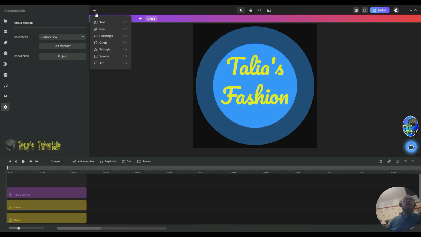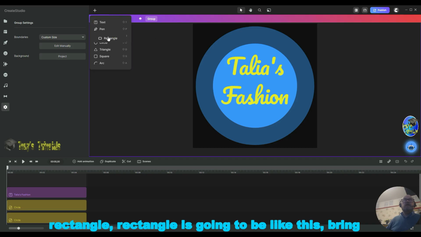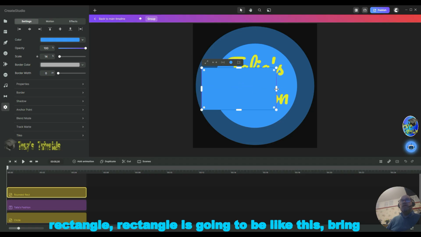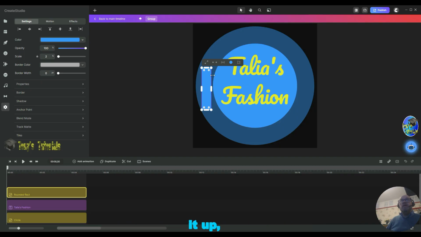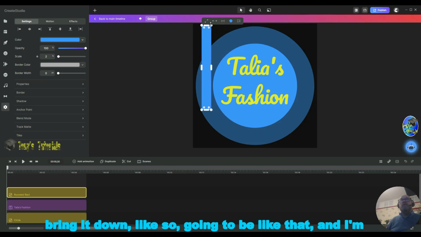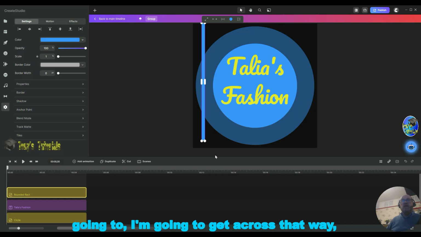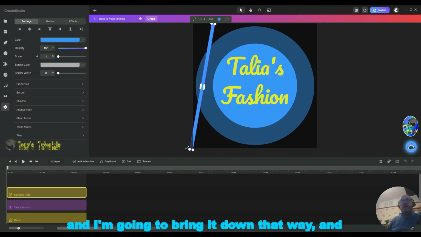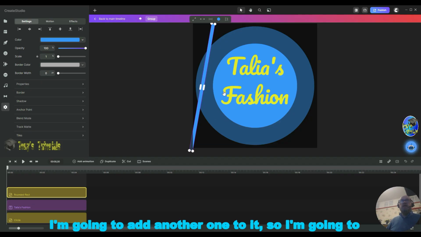Now I'm going to go into this group and add something in this group, right? So I'm going to add a rectangle. This rectangle is going to be like this. Bring it up, bring it down like so. It's going to be like that. And I'm going to swing it across that way, and I'm going to bring it down that way,